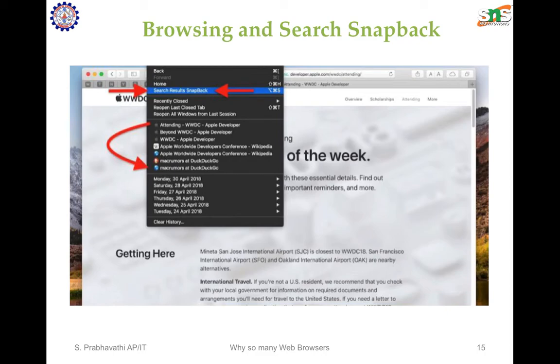Moments later, another link grabs our attention, and soon after we are distracted from our subject. So Safari snapback helps us bring back our original search results, and it brings us back to our original subject.